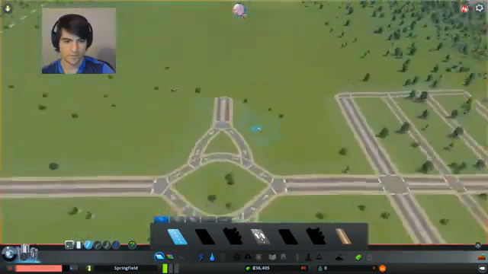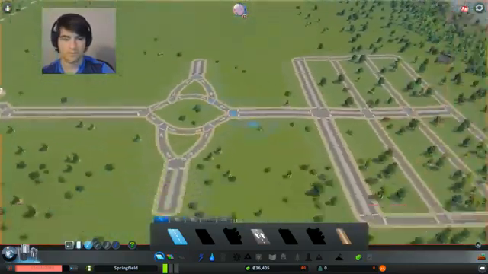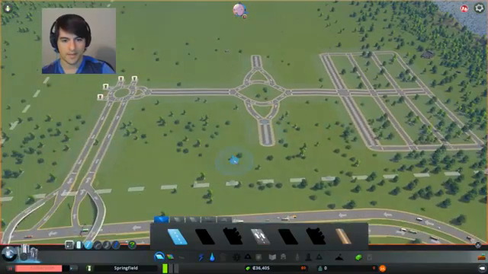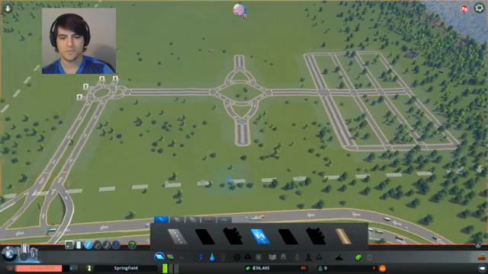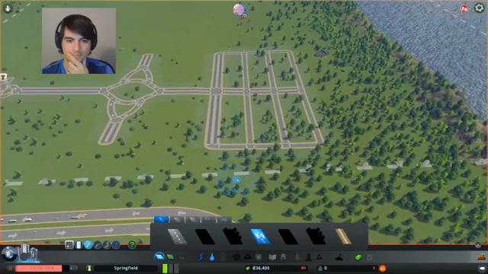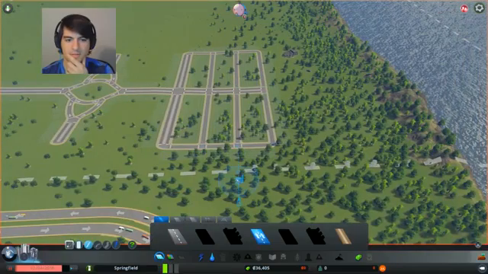Whoa, it keeps zooming out. How do I do that? Ooh, Z and X. Cool. Alright, good to know. As for... Yeah, I'm just so interested in these one-ways. Because see, now there's not really a place to put...